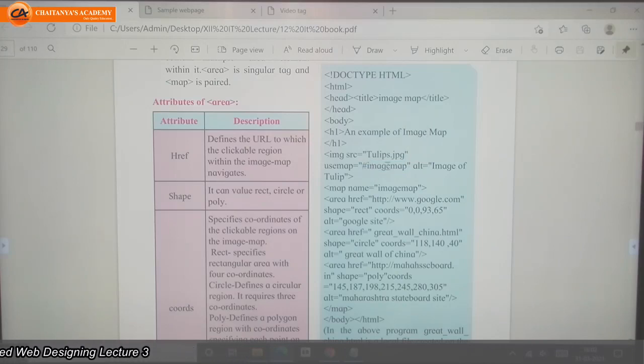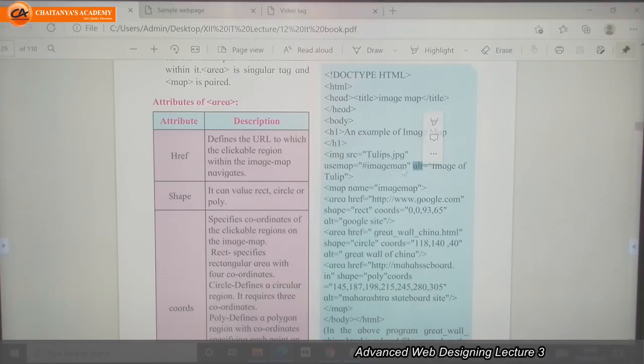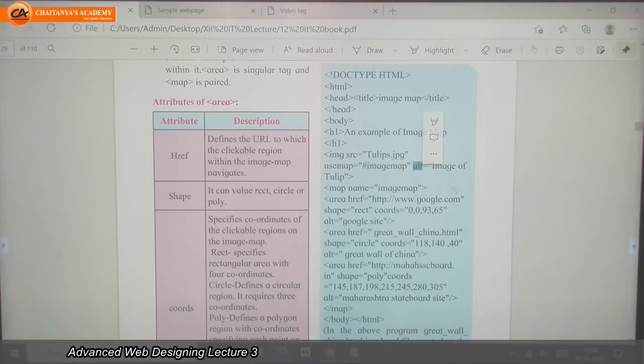Hash and the name, whatever you want to give, will be the name of your map. Usemap, the name, and this alt attribute. Do you know the use of the alt attribute? If your browser is not able to load the image given here, then instead of the image you will get this text.